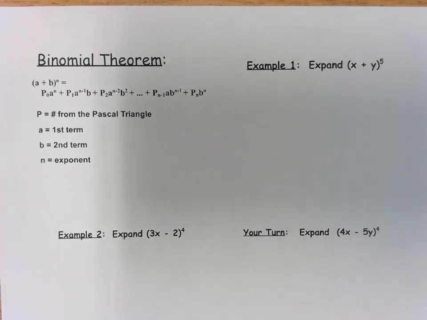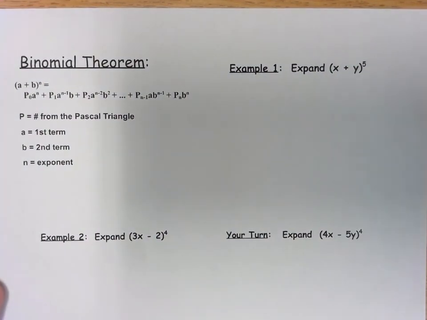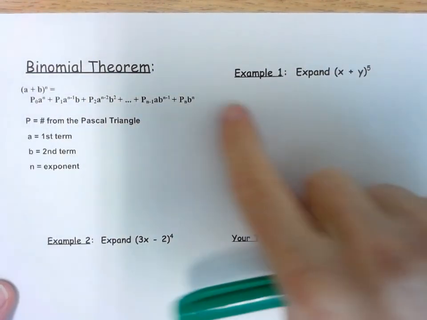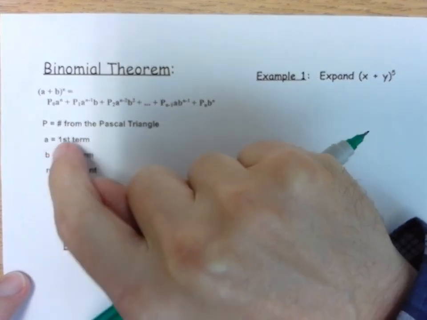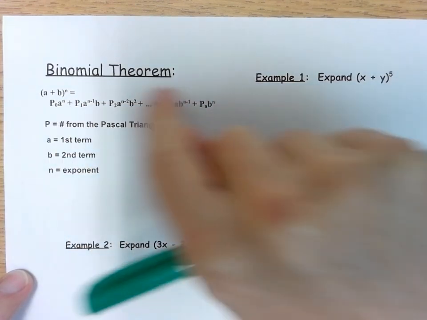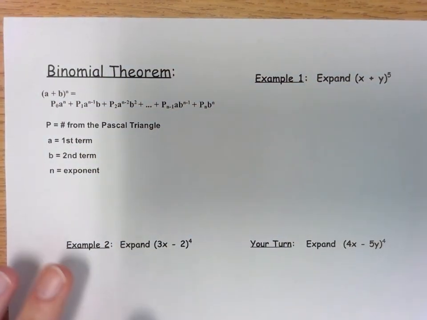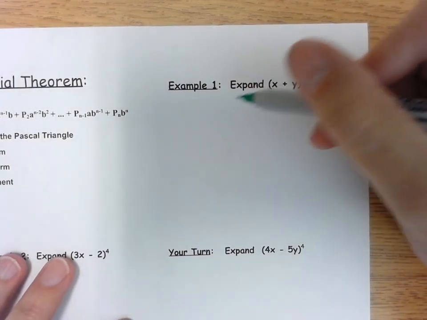Okay, so in practice, how do we actually expand terms using the binomial theorem? Well, this is how it's going to be. It's going to be laid out horizontally, okay? And these are just the coefficients, the terms, A and B are the terms, and N is the exponent. But that's a little bit confusing when you haven't actually done the work. So let's dig in, and I can give you a little bit of a guide to how to